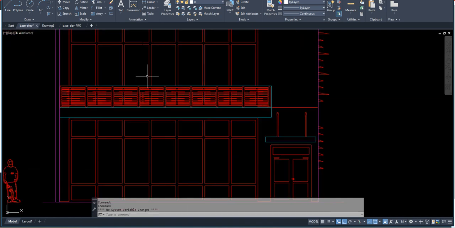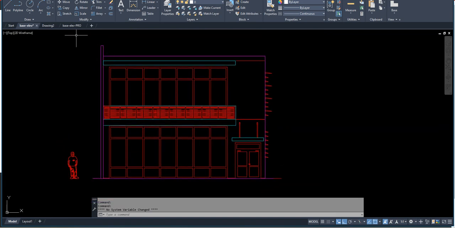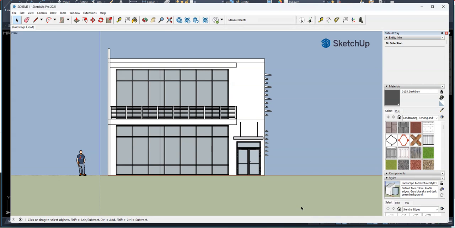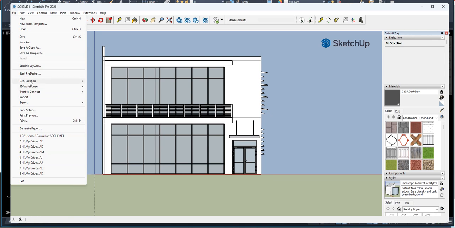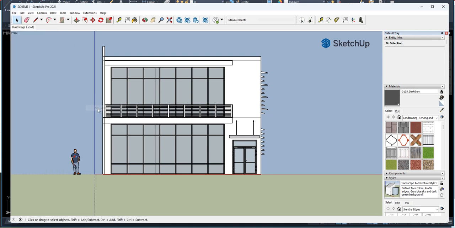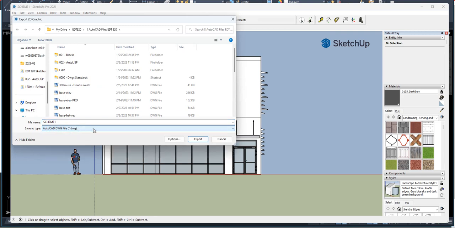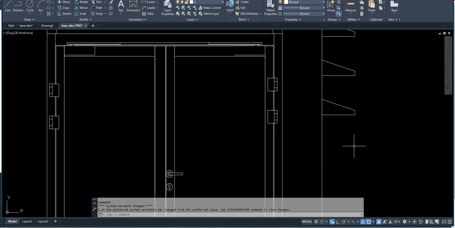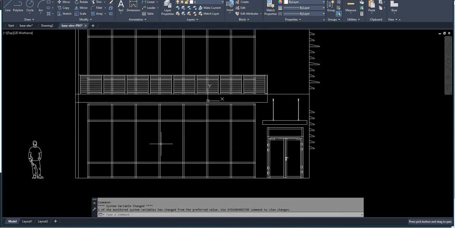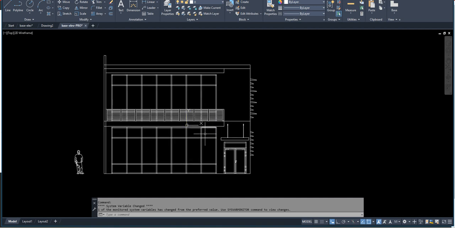We got a lot of double lines, and I showed you that if you use a pro version of SketchUp, you can simply go direct and export this as a 2D graphic and a DWG directly. And when you do that, you don't really need to do a lot of cleanup. You just have to assign them in different layers, and that's it. But there's lots of benefits in doing it with SketchUp. And what we did here was we visualized the building by modeling it in SketchUp even before we did